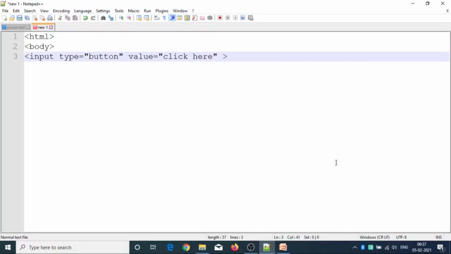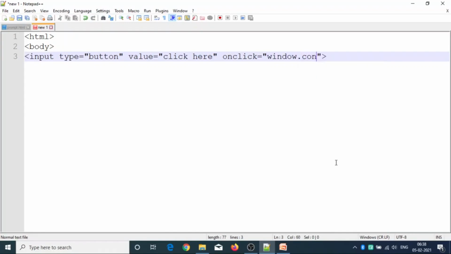Value for this button is equal to click here. Whenever the user clicks this button, I want to display a confirmation message. So onclick is equal to,